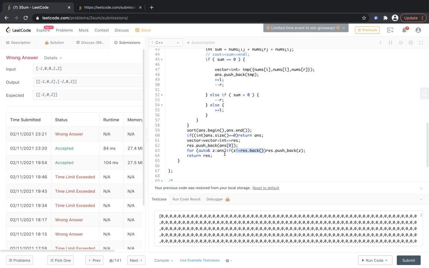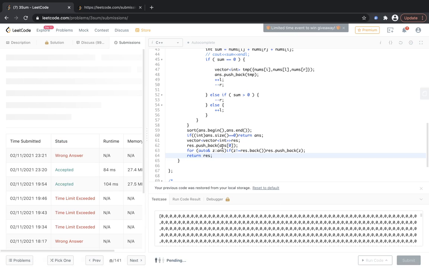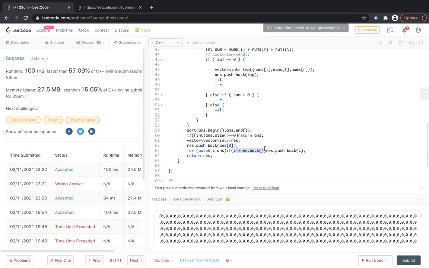I'm just pushing the unique vectors into our vector of vectors, and returning that. So this is working, and the comparison just compares them element by element, and it won't take much time, since it has only three elements, so it doesn't compare everything. The complexity of this is only 3n.